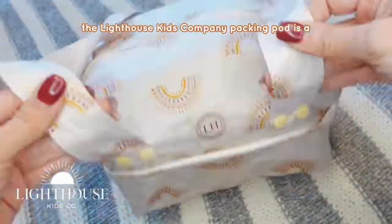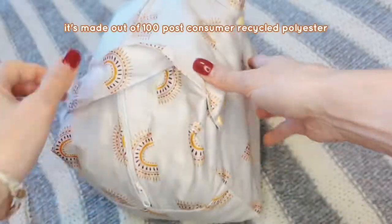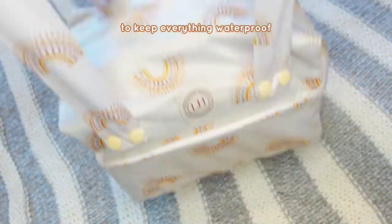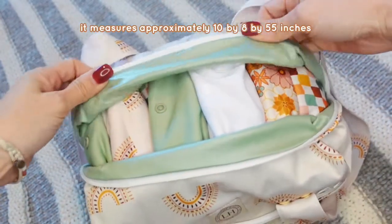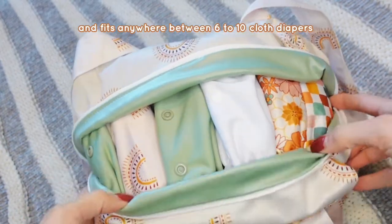The Lighthouse Kids Company packing pod is a super simple way to carry your cloth diapers. It's made out of 100% post-consumer recycled polyester, and there are 2 layers of those in this pod to keep everything waterproof and any messes from getting out of the pod. It measures approximately 10 by 8 by 5.5 inches and fits anywhere between 6 to 10 cloth diapers depending on